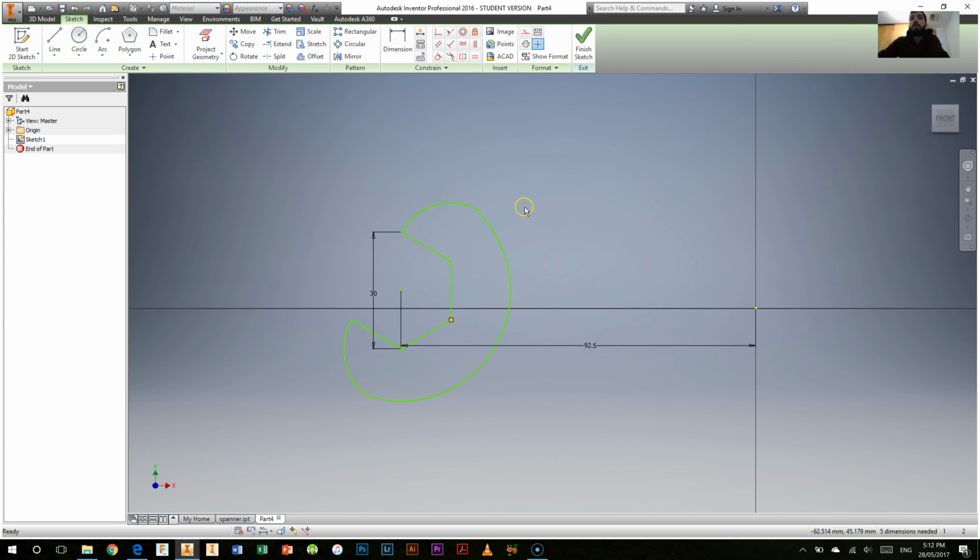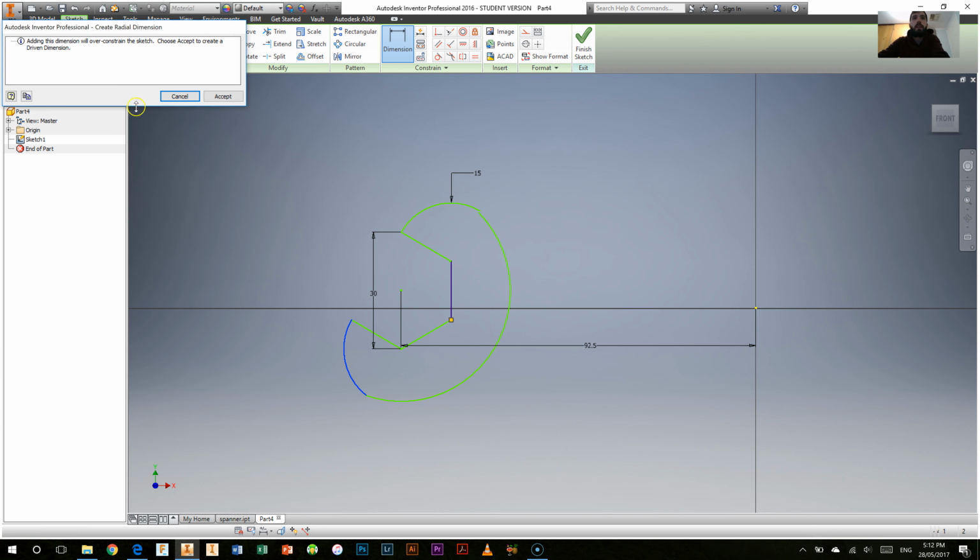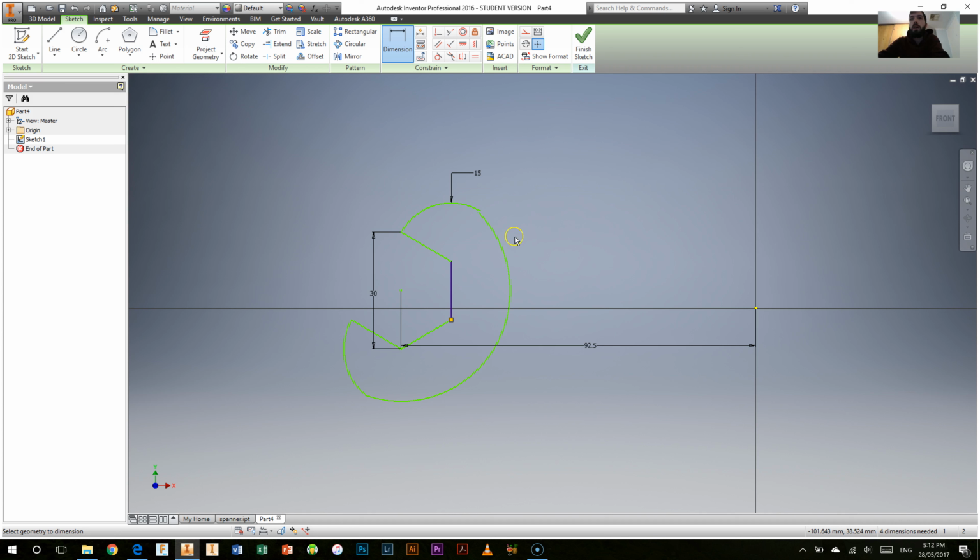Alright, we'll have to add some dimensions to those arcs now. So using the dimension tool, that one there, 15 millimeters, sounds correct. And this one here as well. And that one would over constrain, so we don't actually need to put a dimension on that one just yet. So we'll just hit cancel. And we'll add one to this arc here as well. So 30 millimeters. Press enter. There we go. Now down here it may have joined these up correctly, but certainly up here we're not quite